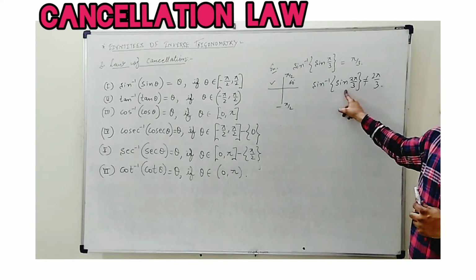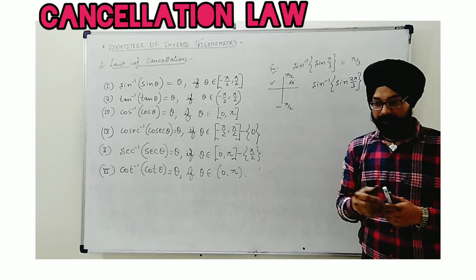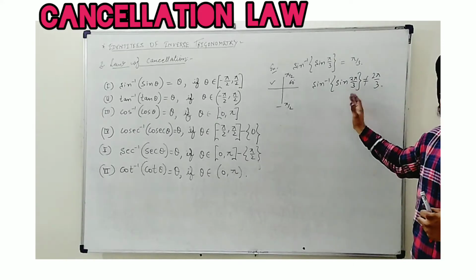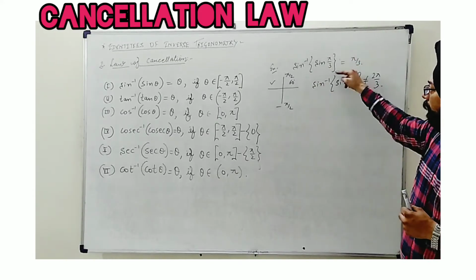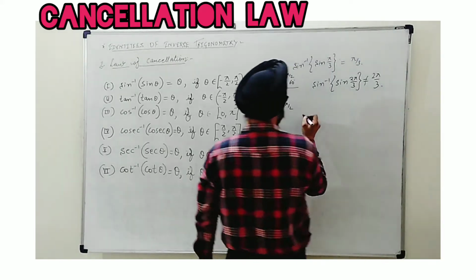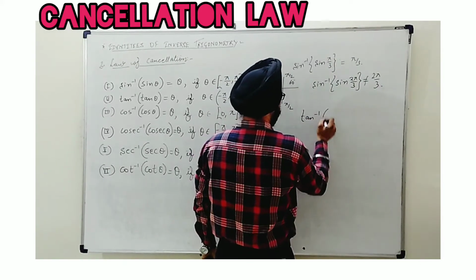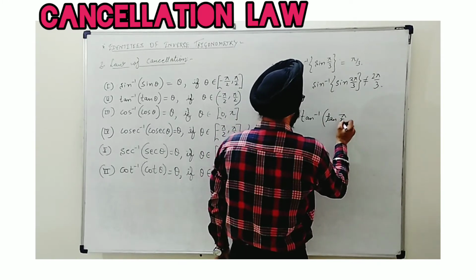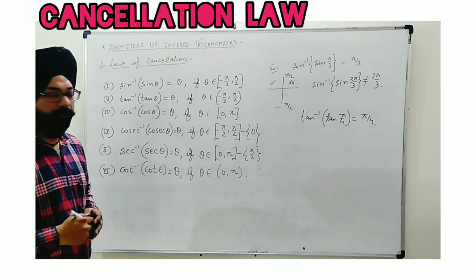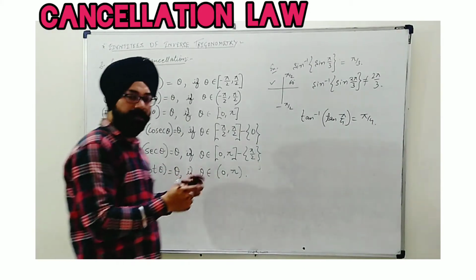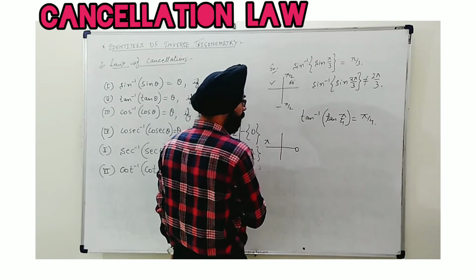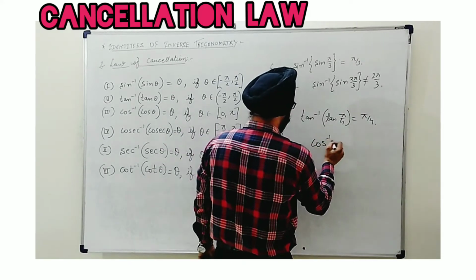Now, how to sort out such a problem? For this, I will speak in the later part. First of all, we will think of it: sine inverse sine pi by 3, as this belongs to the principal branch, cancels out to pi by 3. If I write tan inverse tan pi by 4, it comes pi by 4. That's all. Simple cancellation. Similarly, for the cos group, which is ranging from 0 to pi,